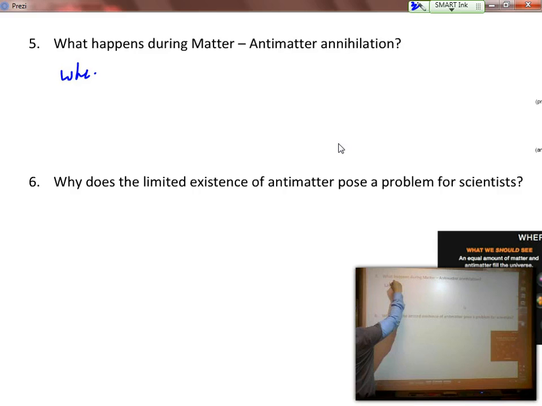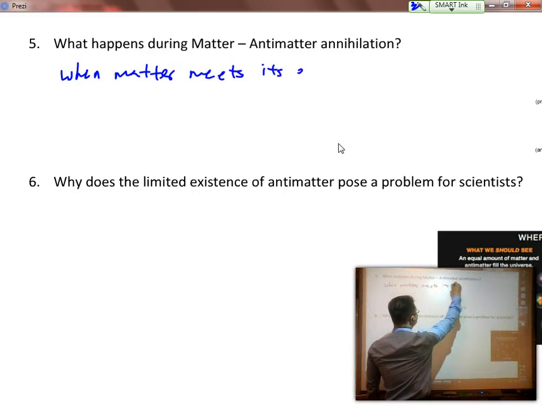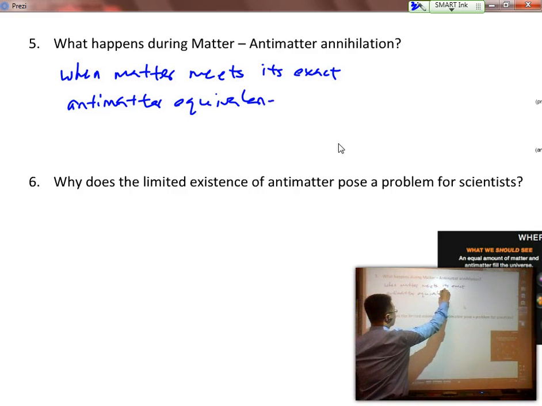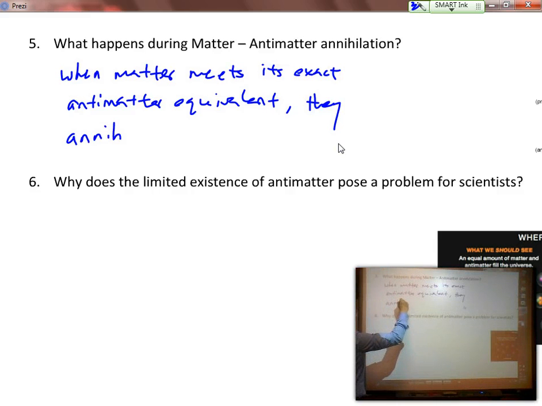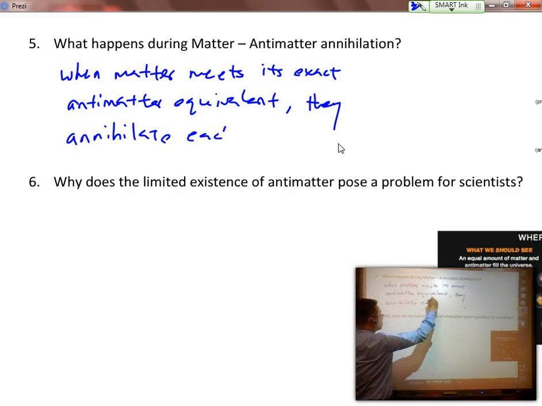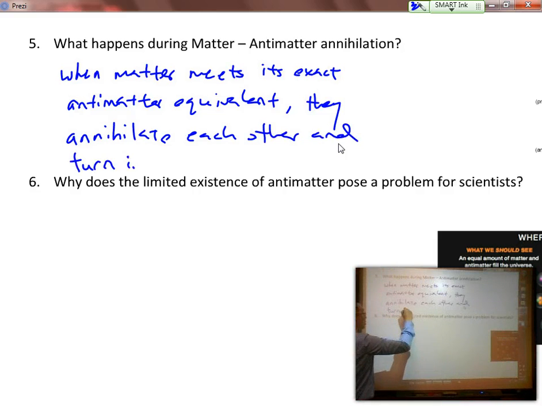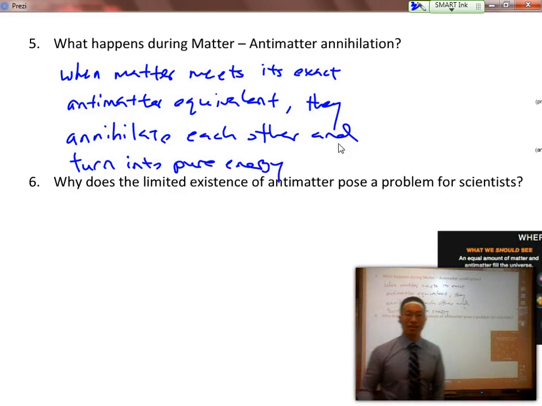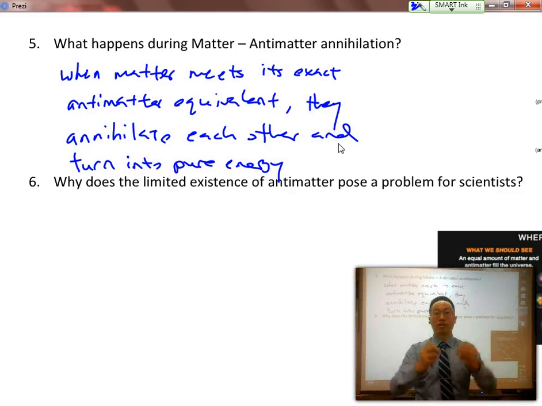So when matter meets its exact antimatter equivalent, they annihilate each other and turn into pure energy. So the fact is, if that electron and positron struck each other again, they blow up, and